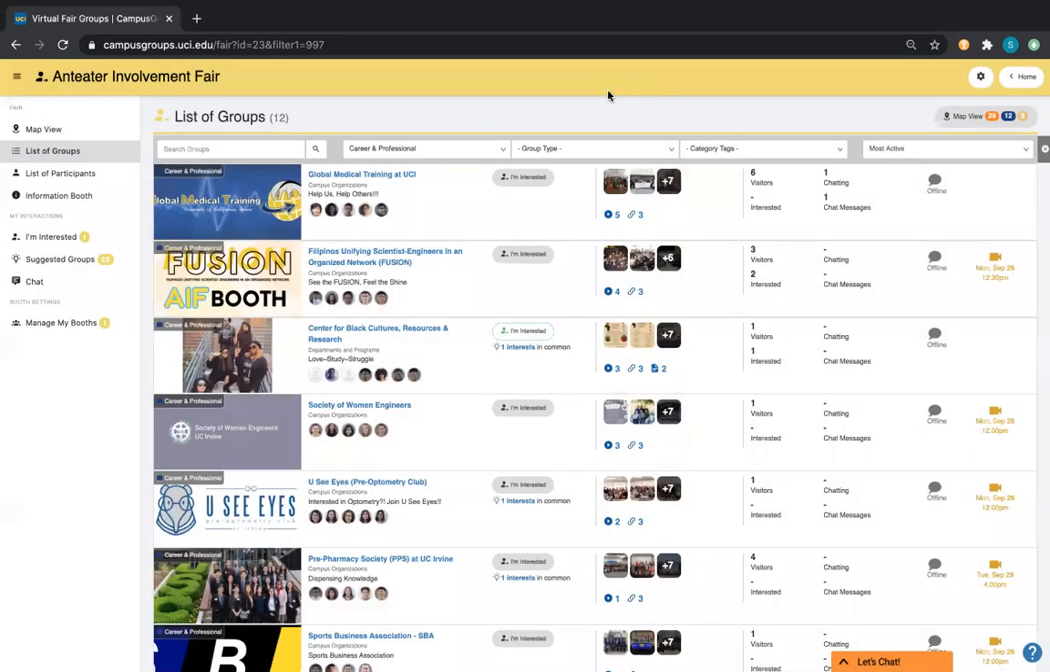So the fair will be available September 28th from 12 p.m. to September 30th at 11:59 p.m. That's the time that you'll be able to access this platform. We do have some live session times that we've been promoting, and that's a time that you can come onto this platform and expect to be able to live chat and join in on live info sessions with clubs and organizations. You can always email us at